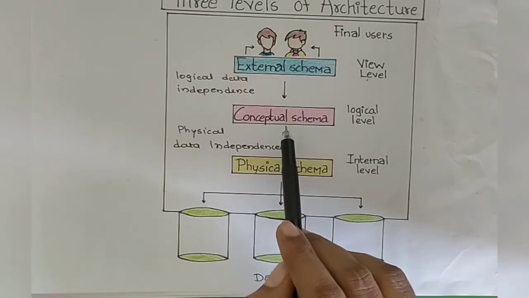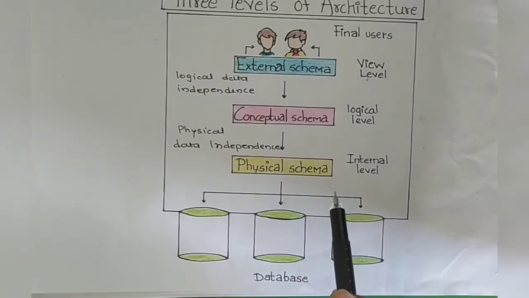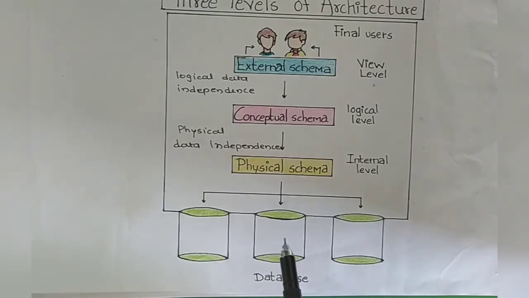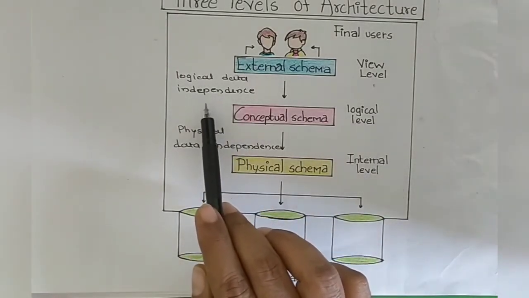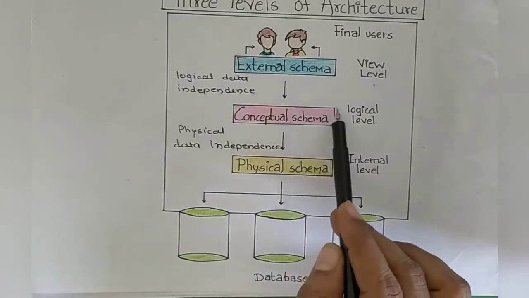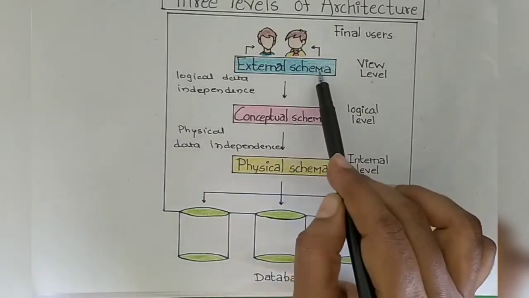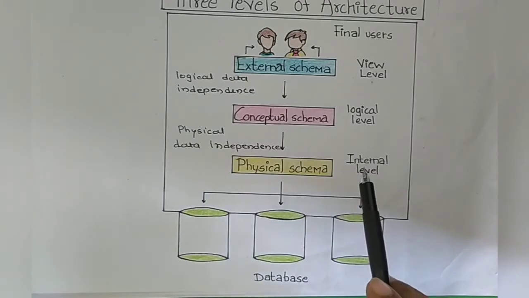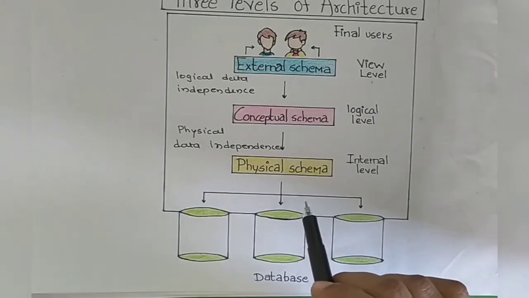Logical or conceptual schema describes the overall structure of database, or structure of the whole database, and focuses on describing data types, entities and relationships, etc. So, logical data independence is the ability to change logical schema or conceptual schema without affecting the external schema, or you can say application program. Okay, example you can consider here.